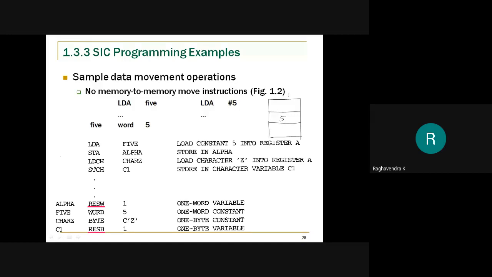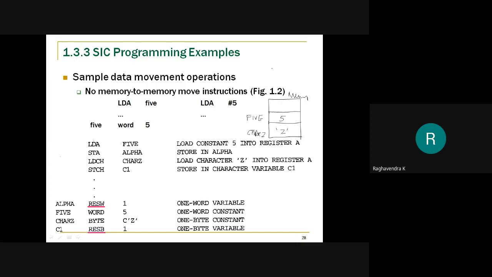So it is present in memory. Value 5 is present in memory. So I will give this location some name, I'll call it 5. And then I will have one more character. Let me assume that this is character Z, and here character Z is stored.